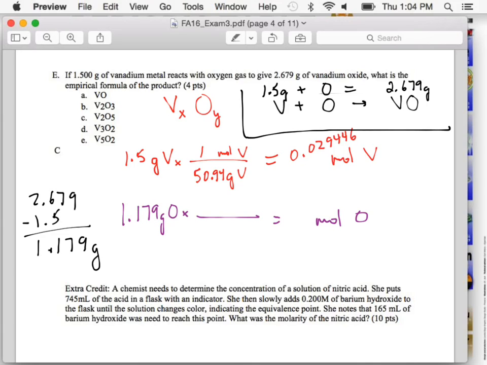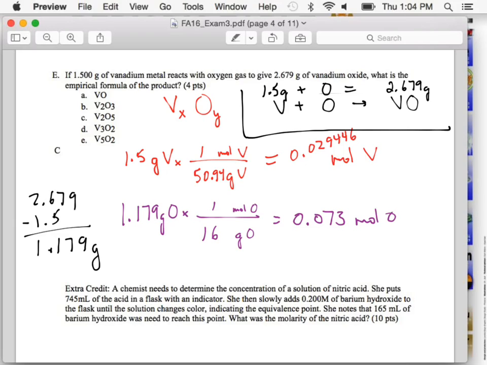I need to get into moles of oxygen. How do I do that? Convert to moles using our periodic table. 1 mole is 16. Why are we not doing 32? We're looking at atoms here. We aren't looking at a molecule of oxygen produced. This is going to be atoms. So we're going to be sticking to that 16. What does that give us for a number? 0.073